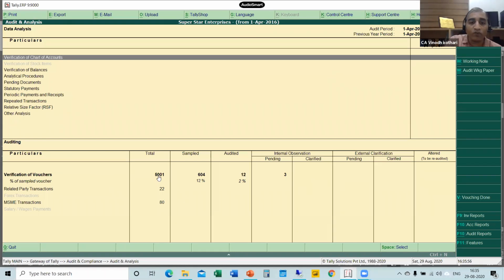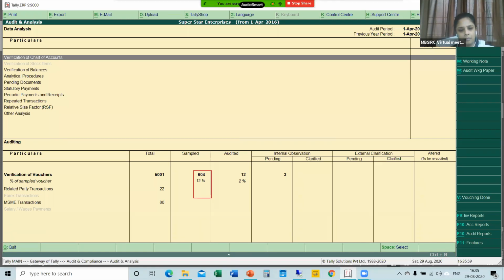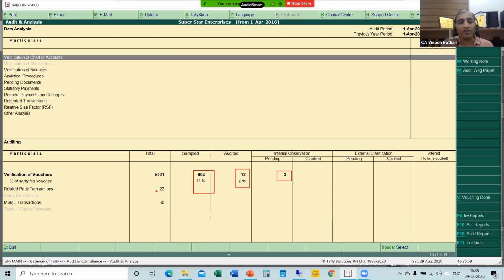Now, whatever vouchers we have selected, can you see this? In sampling, I have selected certain vouchers, 25% of the payment vouchers. So this is displayed here. So once your staff is completing the audit, you can find how much percentage of work is completed by him, and what queries he has raised. So all these details can be seen here. So first setup, you prepare the program.